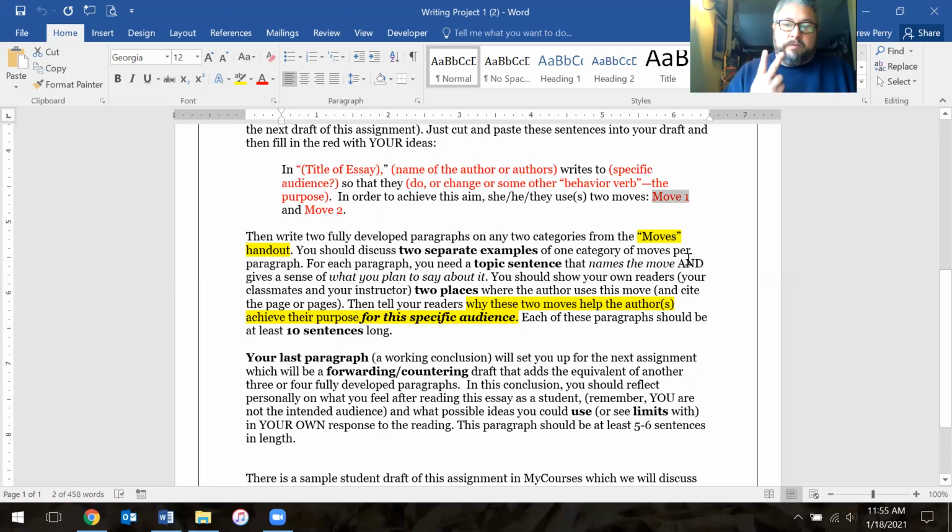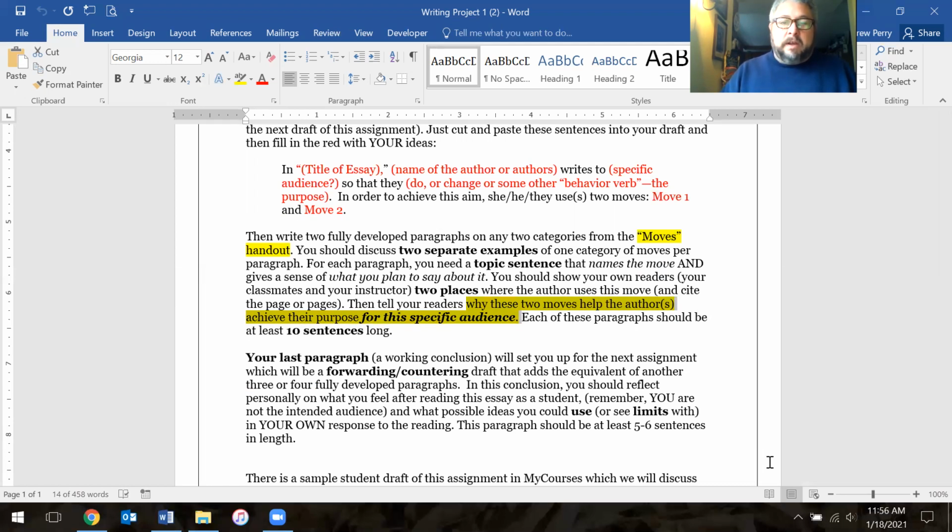And in that paragraph, you would find 2 examples where you see the author using that move for a particular reason. Your job is to identify what move did they use, like use of humor, and then answer the question, why? Why did they use that move? How does that move get them what they want from their audience? Okay, so I highlighted this here because this is the big question. It's actually pretty easy to identify, here's the move the author is making. In other words, that's a what question. What move is the author making?